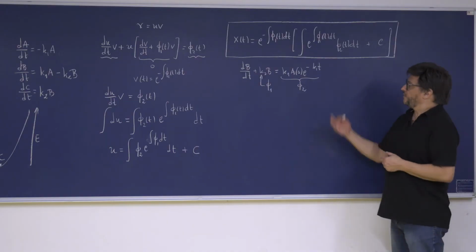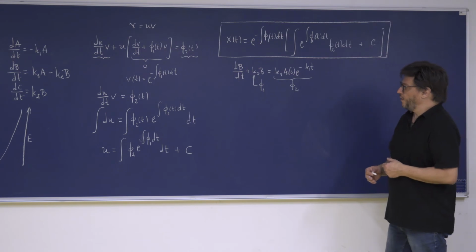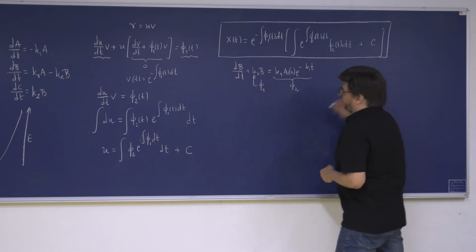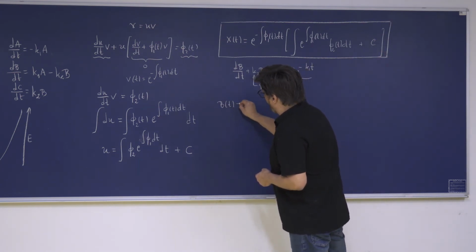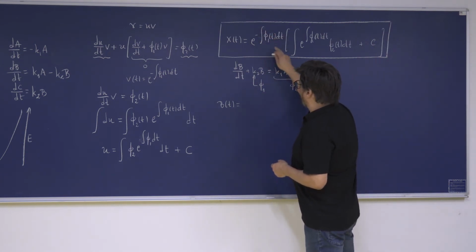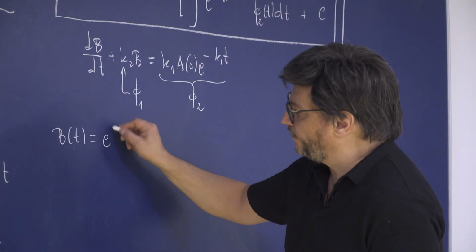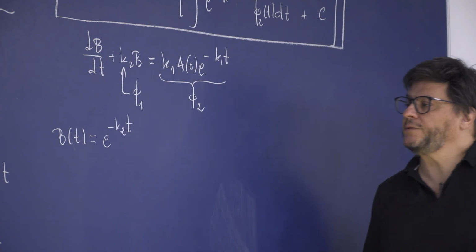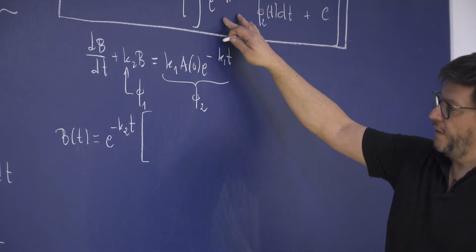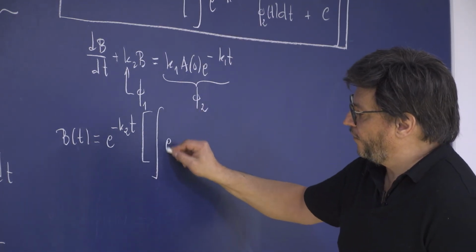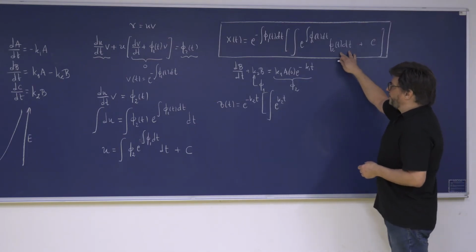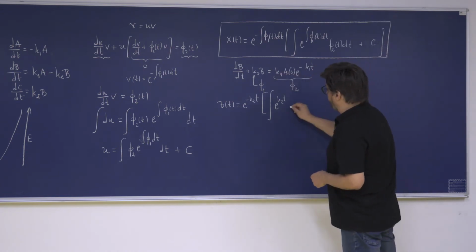Let's see how this applies with this expression, and how do we get my B population. So let's look at this. We can actually follow step by step. Since phi 1 is just a constant, this will be the integral of k2, so easy, just a constant, right? Inside this expression, I have again the same function, except that it is a positive sign, okay? Now phi 2, which is this term here,